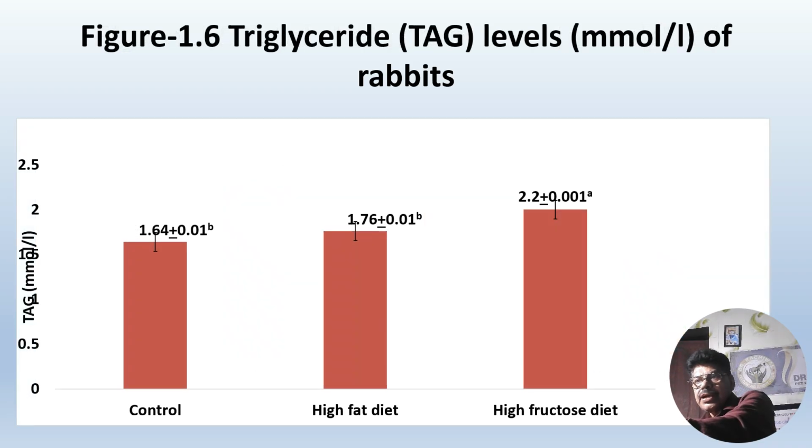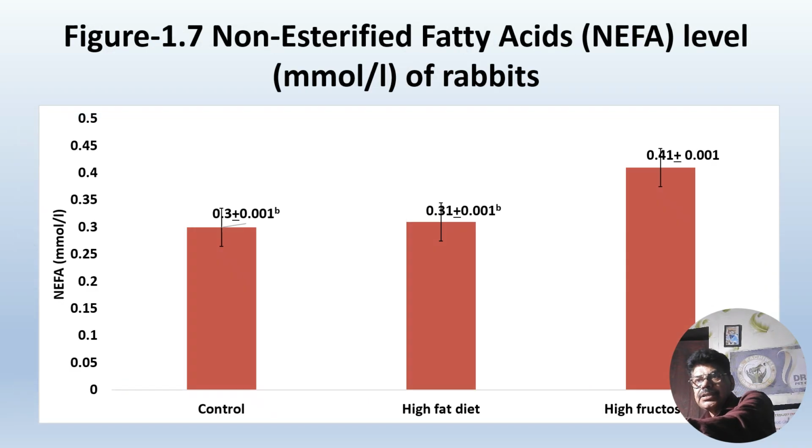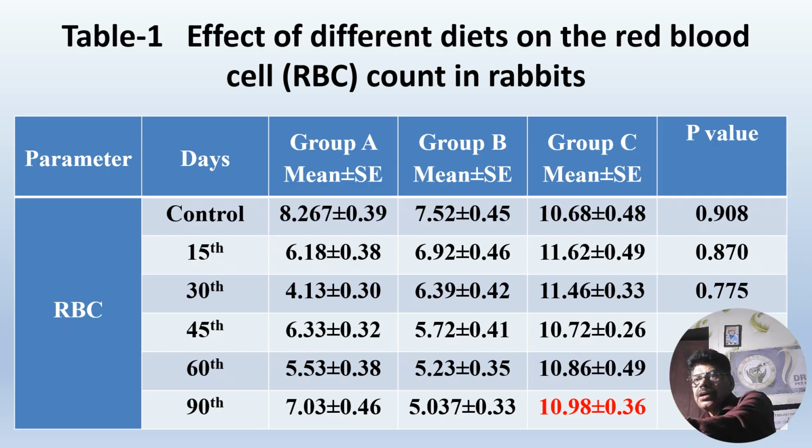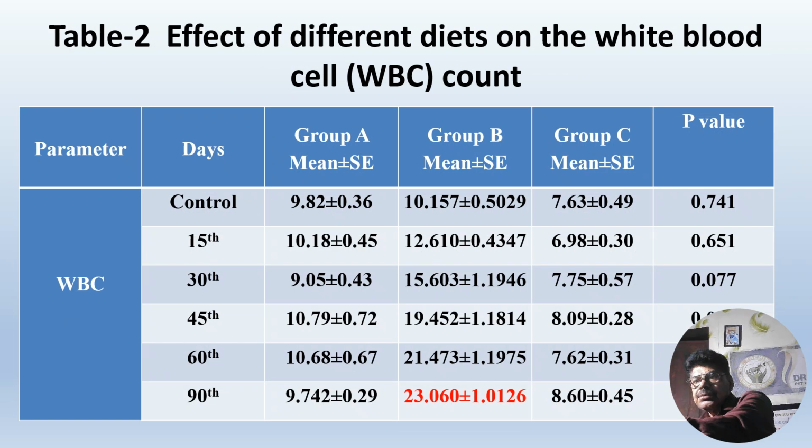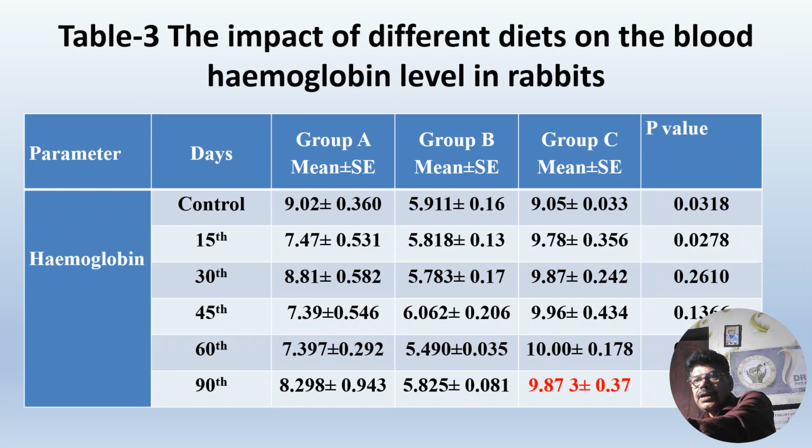The triglyceride was significantly higher in a high fructose diet, whereas the non-esterified fatty acids were significantly higher in a high fructose diet. The effect of different diets on the red blood cells at 90 days showed the RBC was significantly higher in group C, whereas the WBC was significantly higher in group B, whereas the impact of the diets on the blood hemoglobin was that group C was